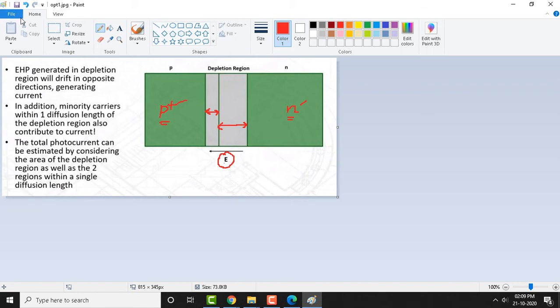With that, let us see the next diagram. Here I am going to segment this entire p-n junction into three parts. One of them is the depletion region, you can see this part, the second one is the neutral n region, and this is the neutral p region. This is first, this region second, and this is the third region. In all these three regions, let us see how this semiconductor behaves whenever photons fall on it. So we have divided it three ways here.